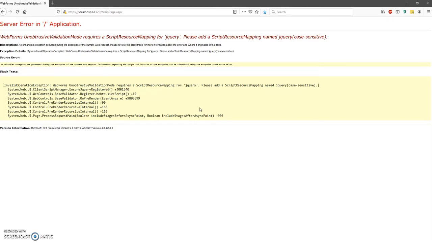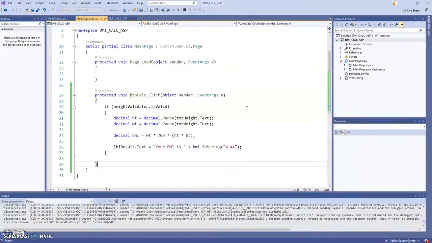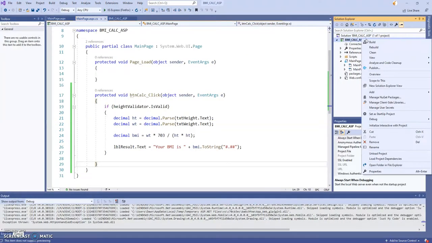And if you're going to use the validator, you have to do a map. You have to map to jQuery, which does not happen by default. So I'm going to show you how to do that. It is pretty easy. So I need to kill this. And what you're going to do, if you want to validate controls, you want to right-click on your solution or your project name in bold, and you're going to go here. This is not anything like we've ever done in the Windows Forms universe, but I'm going to go to Manage NuGet Packages,